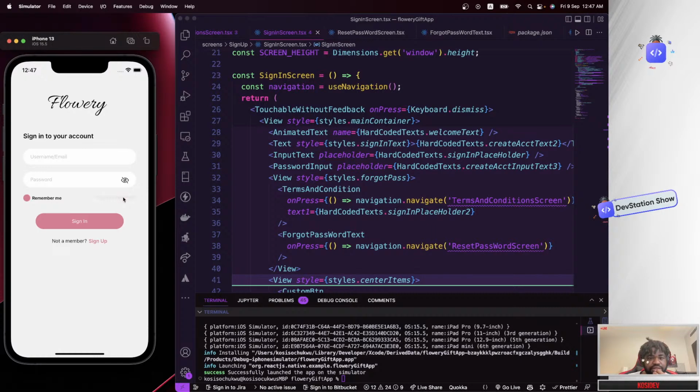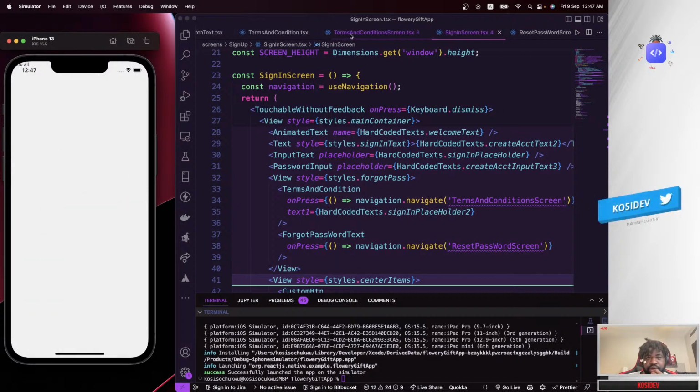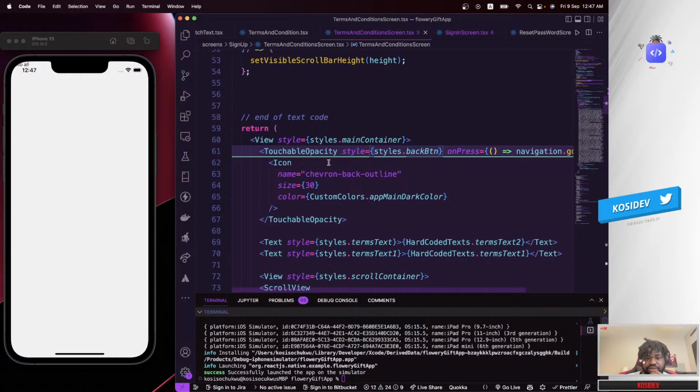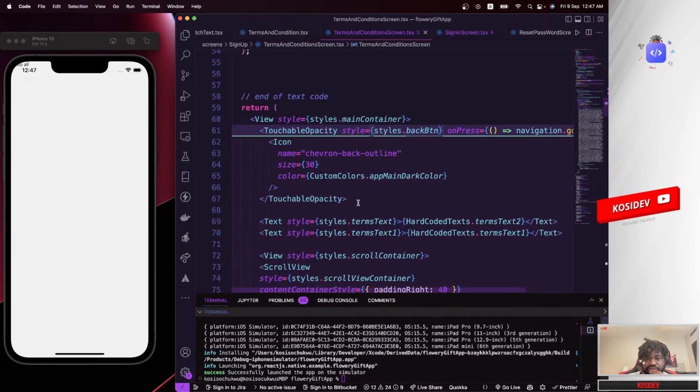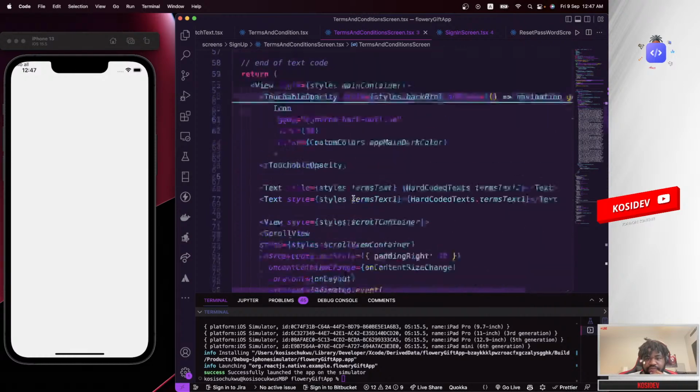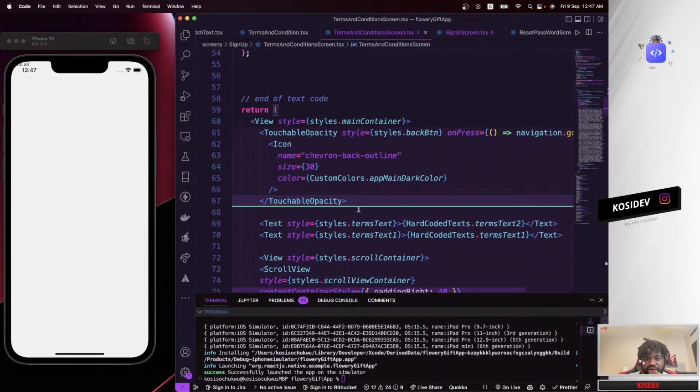Okay, not on the sign-in screen. It should be on the terms and conditions screen. Yeah, remember, so it should be here. Okay, I see something. So it makes sense to actually convert this button to a single